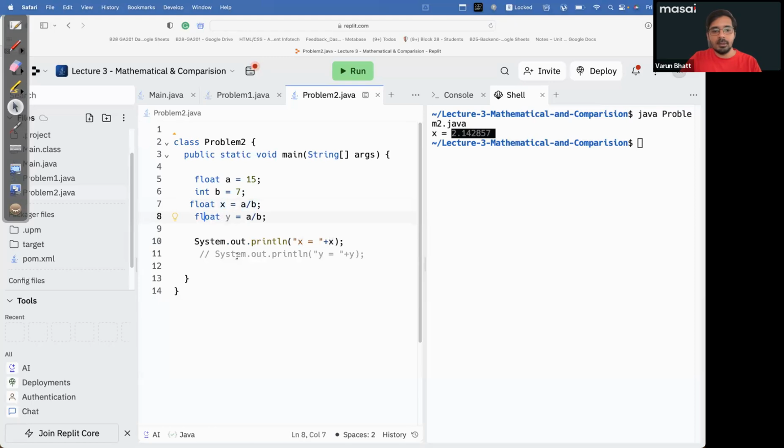Now if I come to y, and if I just print this value, so you can see that y equal to a divided by b. So now you can see that both of the statements are right now same. ये दोनों statement same हैं इस समय। Okay, अब इसकी जगह अगर मैं डबल लिख दूं, what do you think, whether it will execute or not, whether I will get my y value or not? क्यों नहीं मिलेगी? डबल तो बड़ा ड्रम है ना।